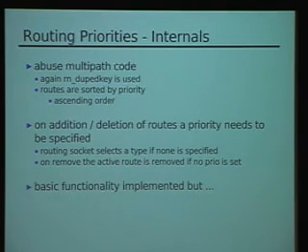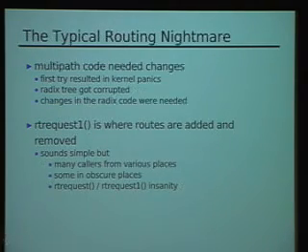This is what I said, we're going to be using multipath code. And it's now important that you define a priority when you add or delete the route. The kernel will try to select something smart for you if you don't specify it, but especially the routing daemons should actually set something. So the basic functionality is implemented, but yeah, it's the typical routing nightmare, or actually probably the typical network stack